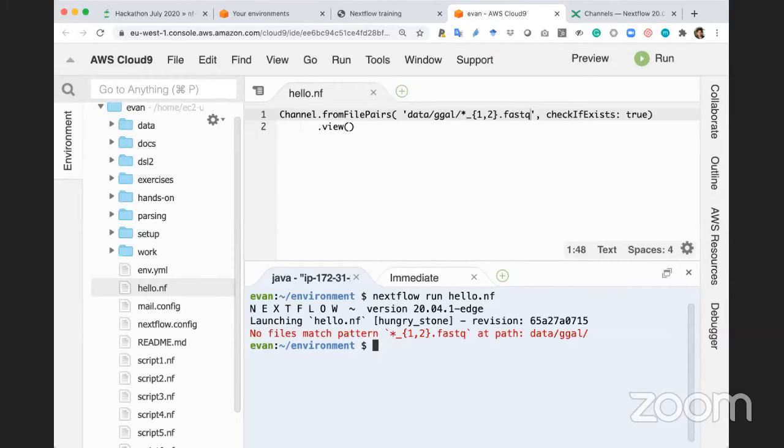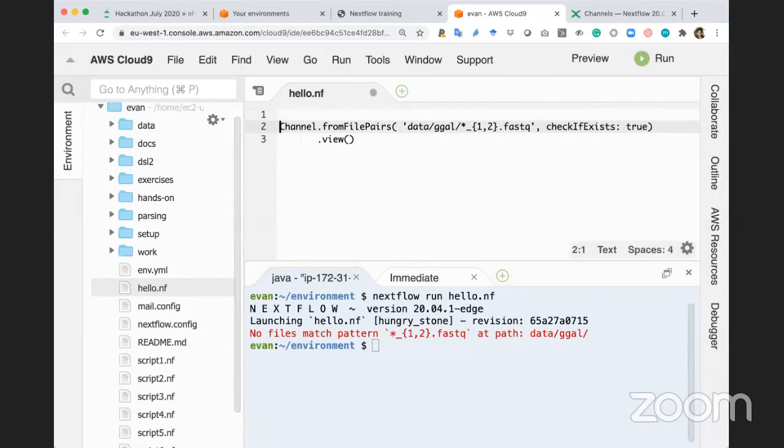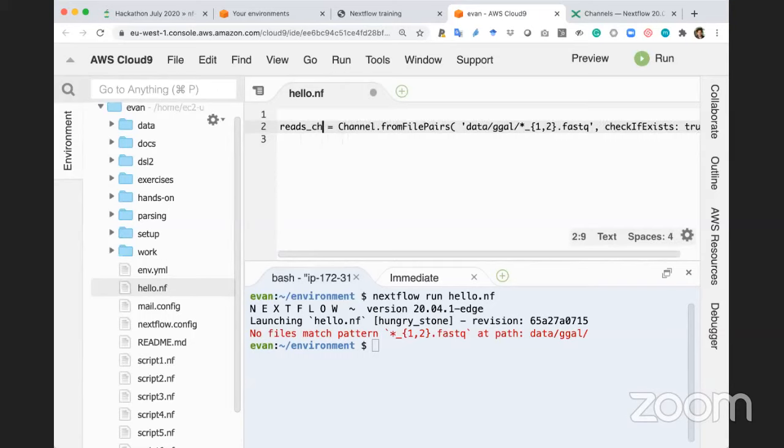And what would these channels be called? So the channels themselves, we can actually assign a name to it. In this case, we're not assigning a name. But if we're going to use this downstream, we should do something like reads, in this case, like this. And then imagine that we called this, for example, reads channel. And then I ran this,